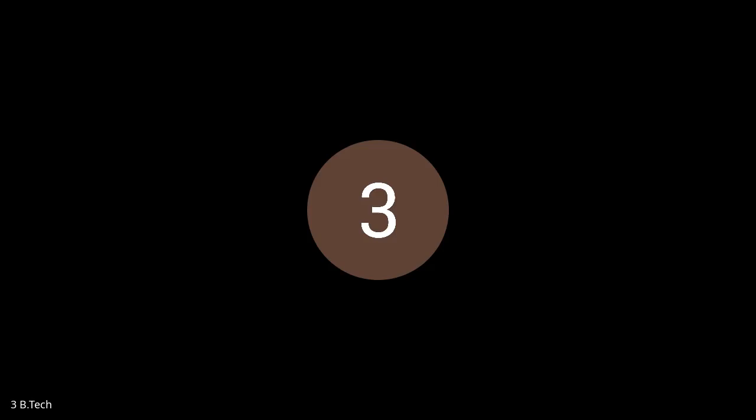A differential amplifier also works in another mode, that is common mode, just like how a BJT works in three different configurations. What are the three different configurations for BJTs? We can use it as a common base configuration, as a common emitter configuration, and as a common collector configuration. Like that, differential amplifiers also work in two modes. One is the differential mode, where the output is directly proportional to the difference of two inputs, and in common mode the output is directly proportional to the sum of the two signals.